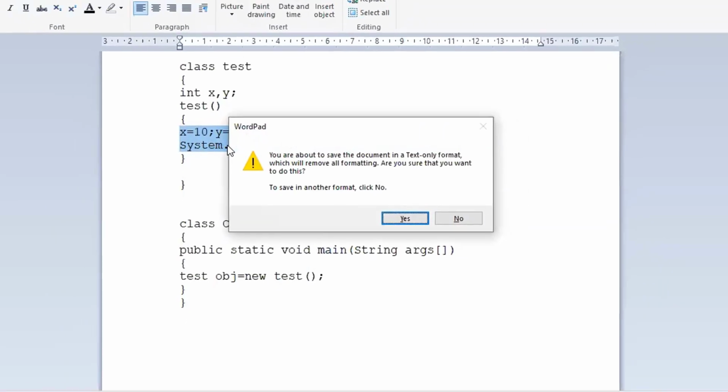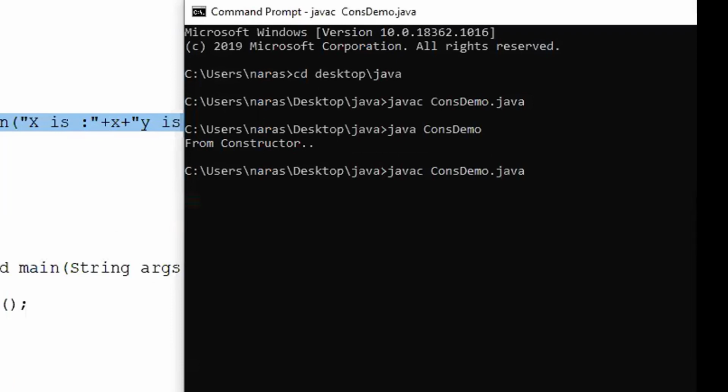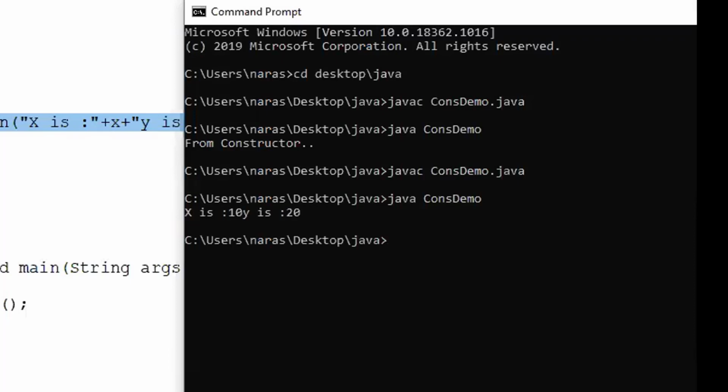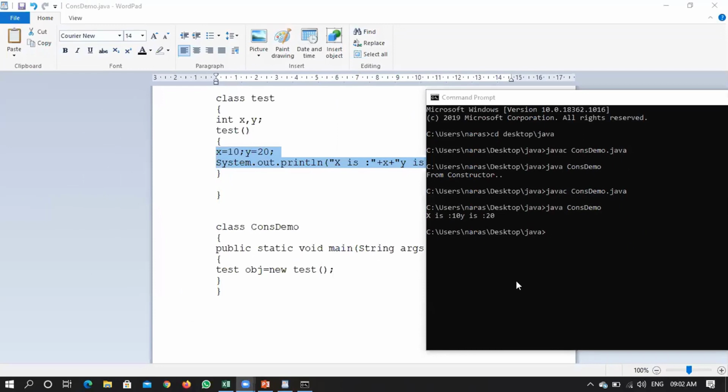Shall we just cross check? Is it executing that particular part for me? Is it calling the instructions which are written in a constructor when an object has been created?